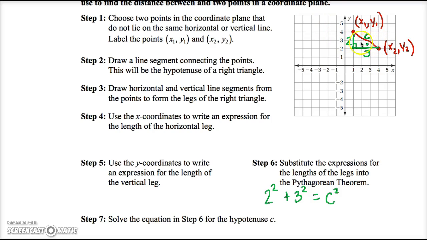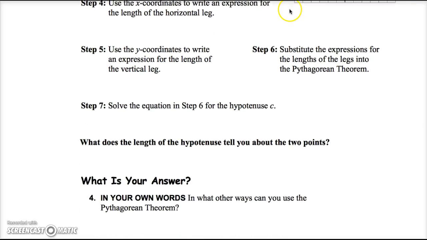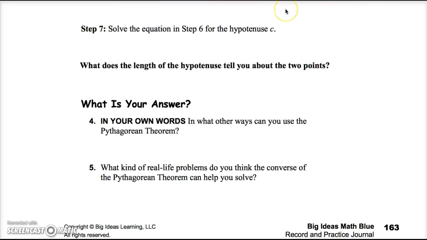I usually just always use c because that's what it is in the formula. Okay, so step 7 says solve that equation for c. So again, we had 2 squared plus 3 squared equals c squared. So 2 squared is 4, 3 squared is 9, that equals c squared. 4 plus 9 is 13,